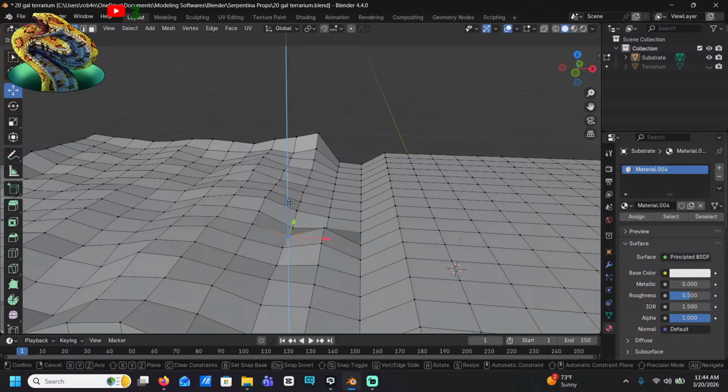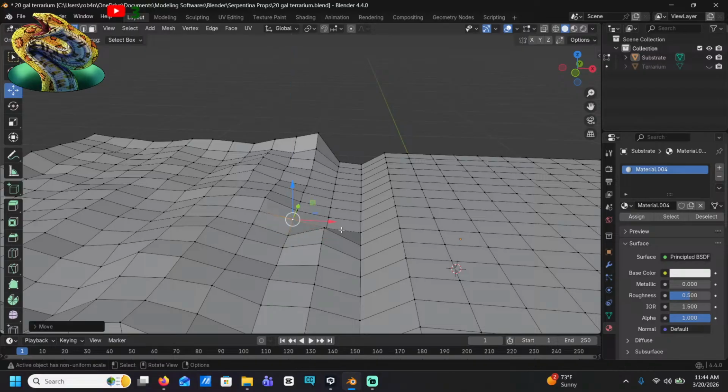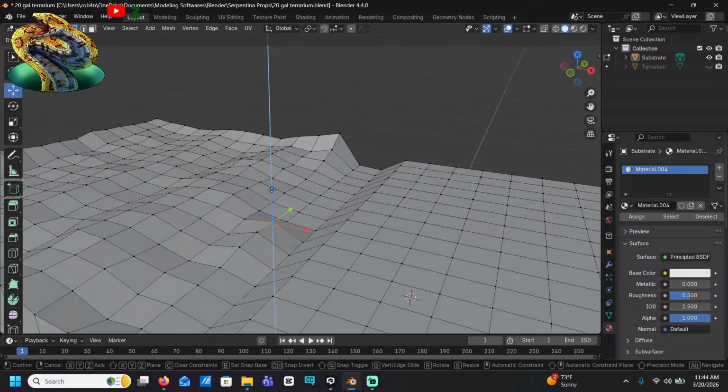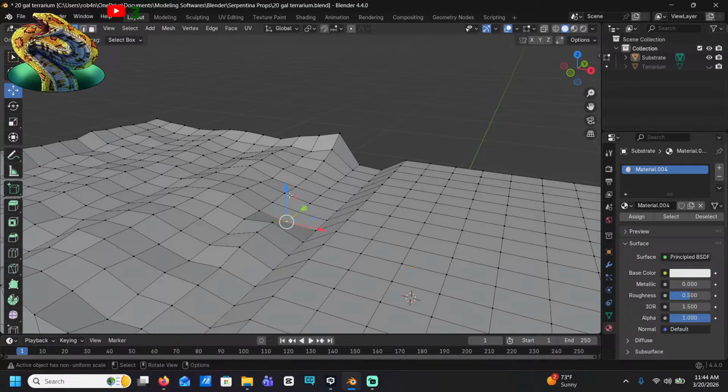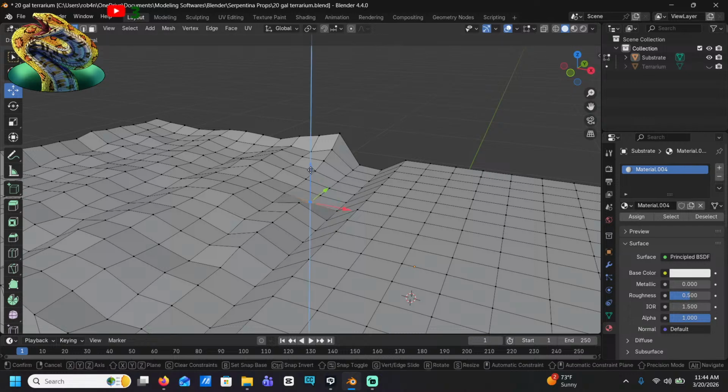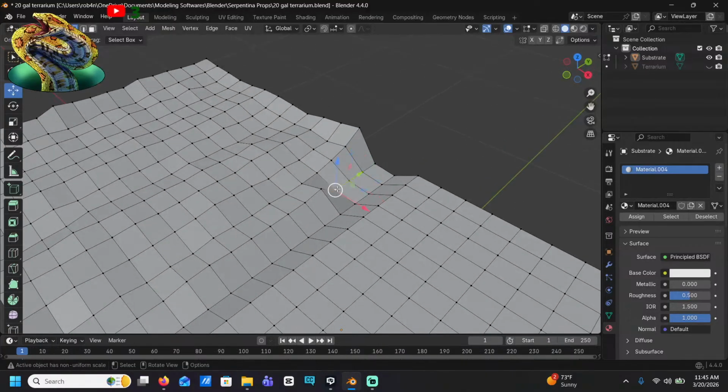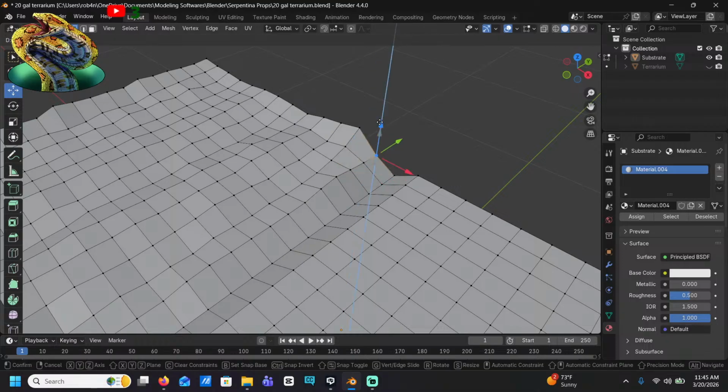Why is this so low? Hold on. Let me fix that. Remnants from the last rut that I had over there, I guess. Whee! This is the most boring part of making this entire terrarium, I think.